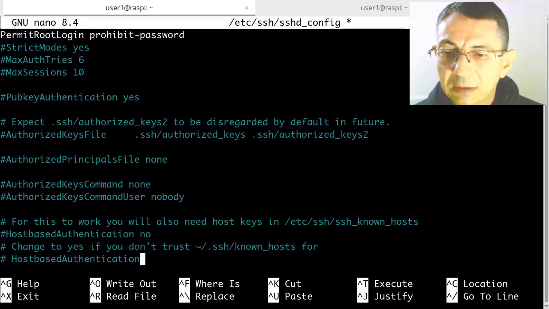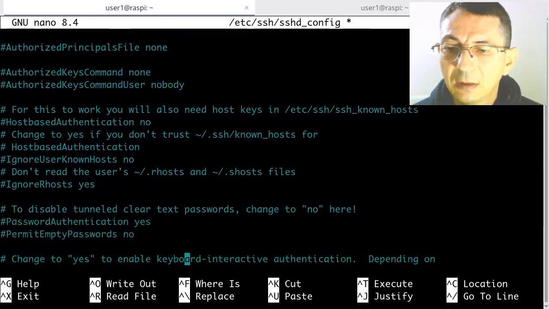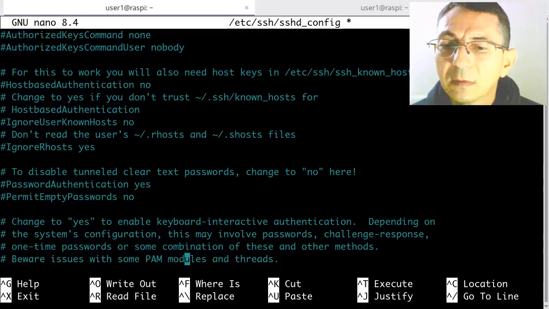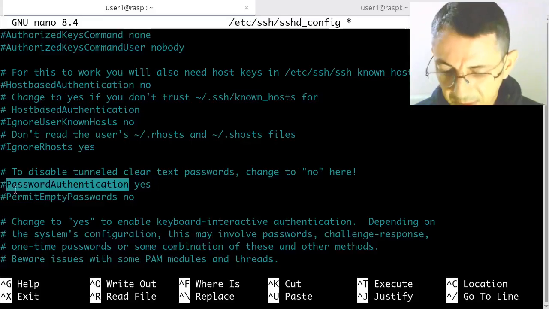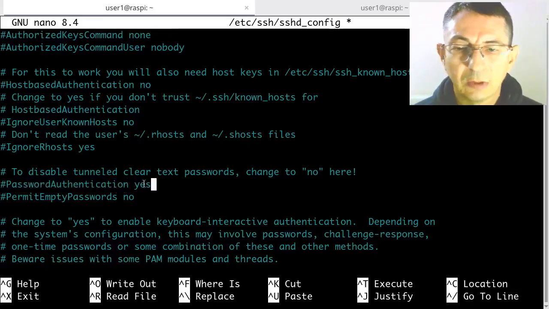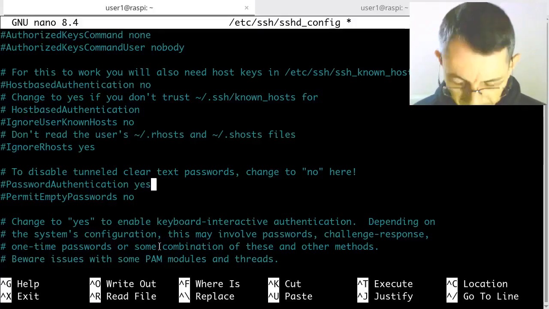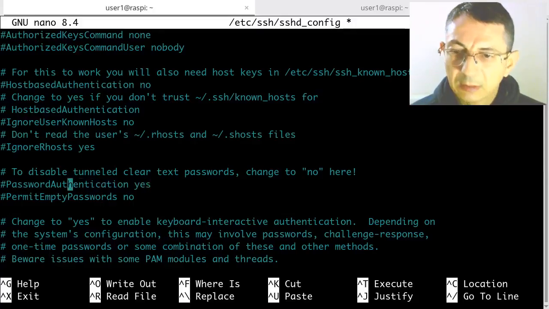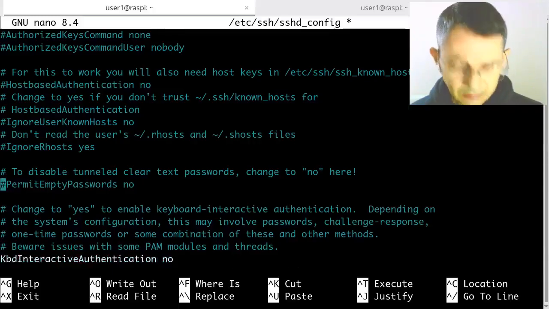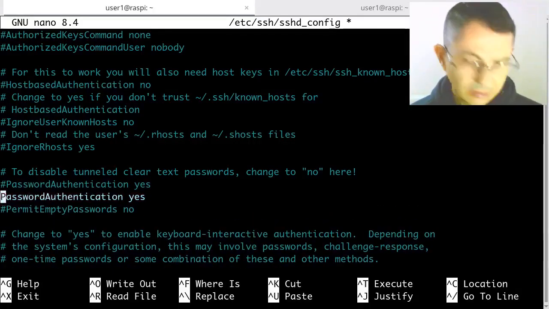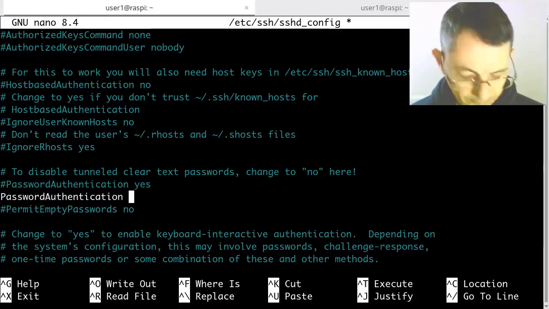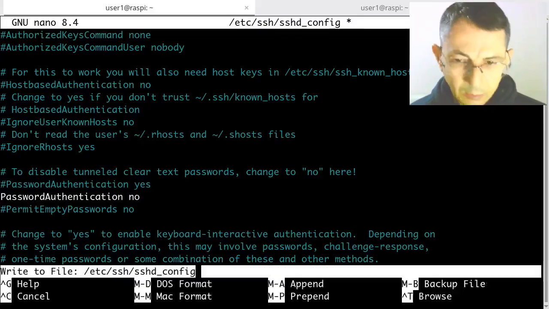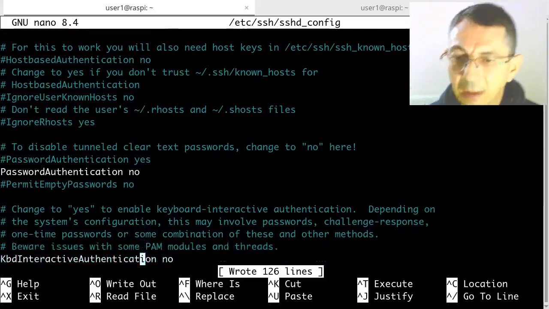Another change is here, password authentication, yes. The default value of this setting, password authentication, is yes, but we are going to modify it and change it to no. So let me cut, paste, and uncomment this, and I'm going to change it to no. Password authentication, no. Control O, save. And another setting is